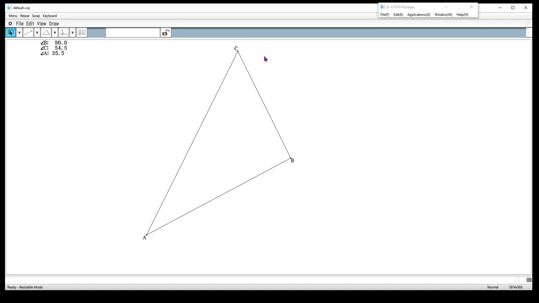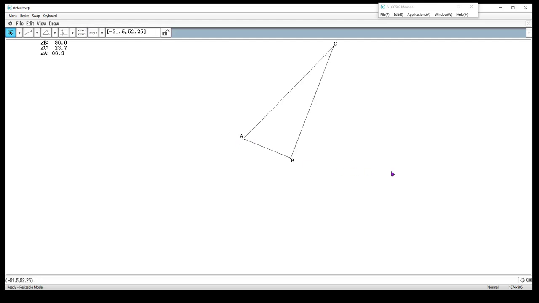So now I've got my angles and I can change them, but what will not change is this right angle. So if I can make it a smaller triangle, bring A in, but it still remains a right triangle. So that's what we want students to discover, that this right triangle, even if I change its size and its shape, one angle is always 90 degrees and the other 2 are acute. And I could measure the sides and such like that.